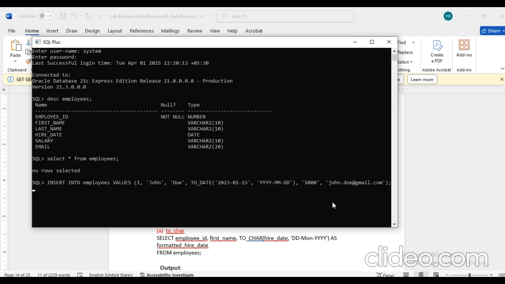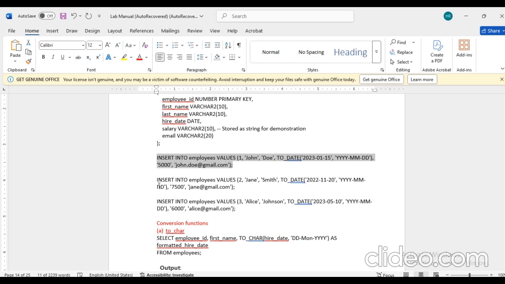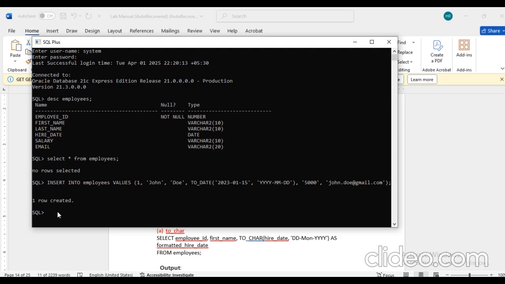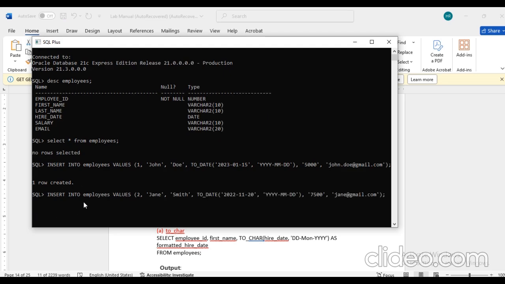And 5,000, that is the salary, which is also varchar, so I have put it in single quotes, and the email john.doe@example.com. Let us see. Yes, the row is inserted. Then I will insert the second employee detail here, and let us see,